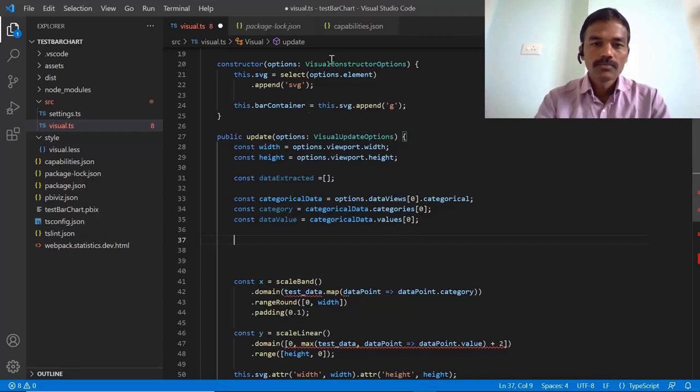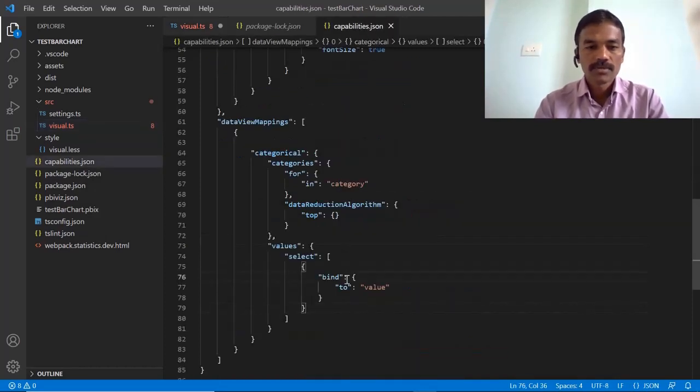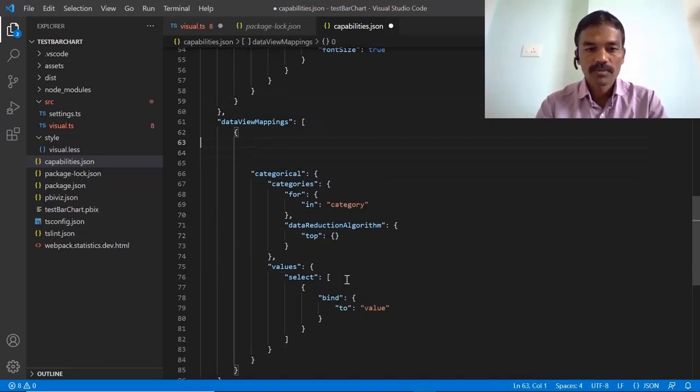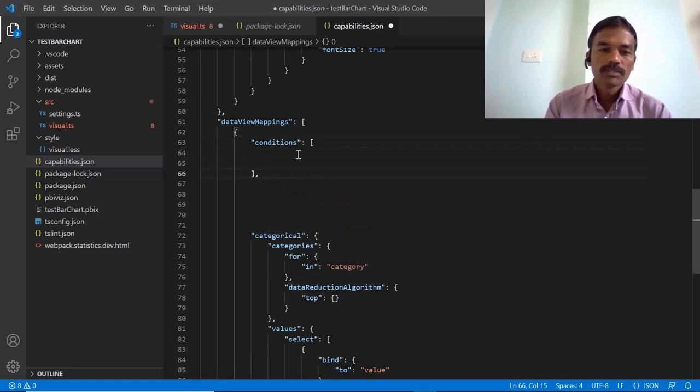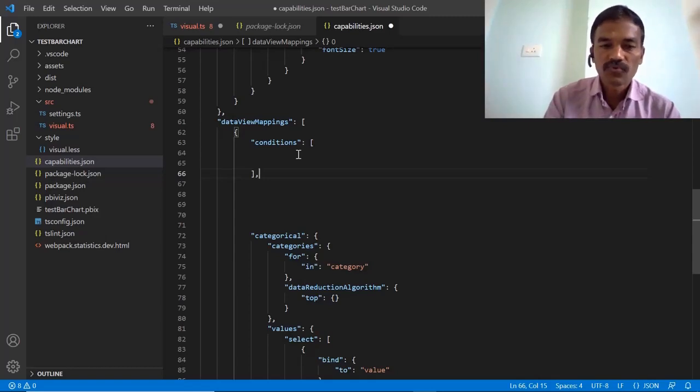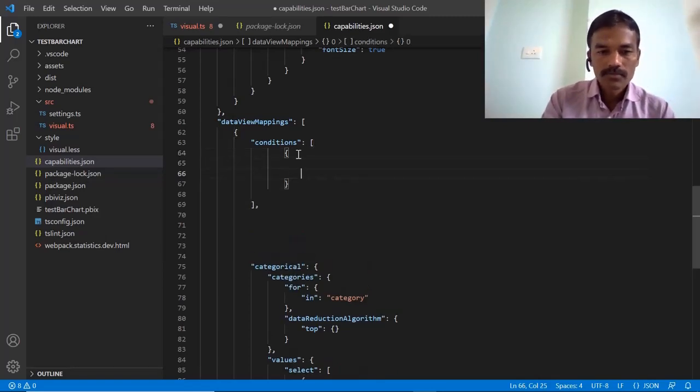To do that, we need to add one more condition in the capabilities.json as well, where we are going to add one condition here in the categorical data view mappings. In these conditions, we are going to specify two parameters for category and value. So we just wanted to have only one category as a max, and one value as a max to get retrieved from the data sets. For that, we are just going to specify like this, and in this category